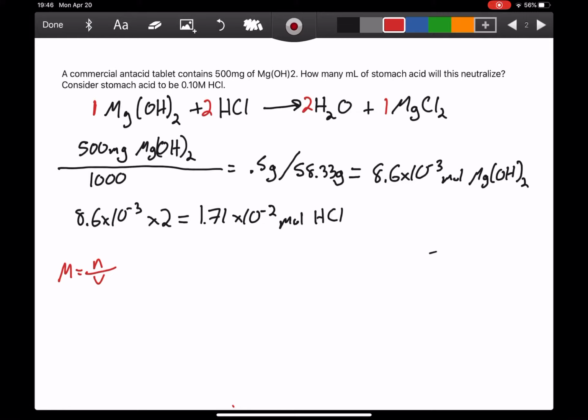So if we want to go from molarity to volume, we just need to rearrange this equation to be volume is equal to the number of moles over molarity. So we need to divide by molarity. So we're going to divide this 1.71 times 10 to the negative 2 by 0.1, and that is going to equal